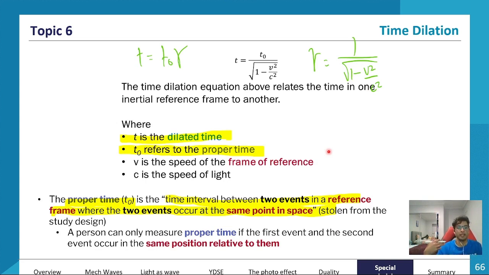So let's say the rocket takes 10 years, according to